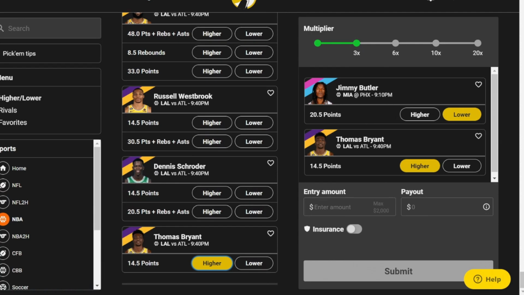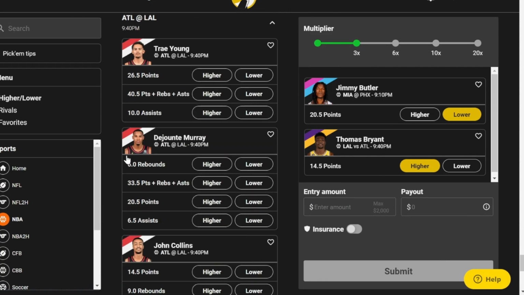which was over when his mark was sitting at 14.5. And like I said, Thomas Bryant scored 19 back on December 30th. Heck, even Kevon Looney scored 14 points against these guys, and that guy does not score. So you can definitely score on these guys. I do like this. And like I said, we have to find a third play that